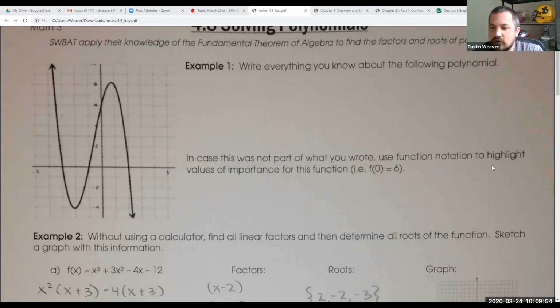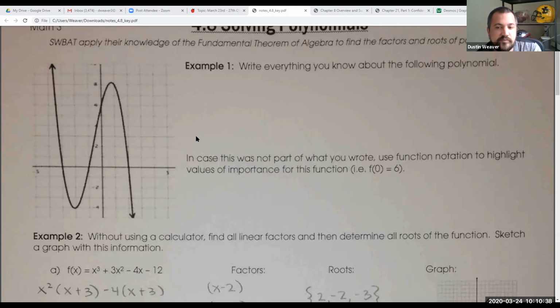A couple other things. Some things you know about the polynomial: where does it cross the x-axis? That's the y, so you have the y-intercept. So the y-intercept is 6. Where does it cross the x-axis? So we got -1, we got -3, and we got 2. Yes. So those are the 3. A lot of times you also notice if it is a third degree polynomial, you will have up to 3 answers or 3 zeros or 3 roots. And that is, again, something else that we know about the polynomial.